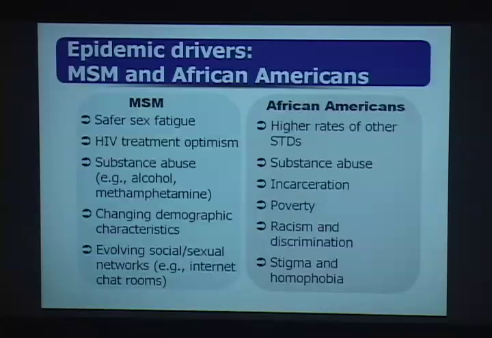These are demographic changes which are occurring, and we also have changes which are occurring as well in terms of the types of sexual patterns, partnerships which are occurring. And we also have evolving social and sexual networks as well among men who have sex with men, whether it is sexual networks which are driven by the internet, the reemergence of bathhouses across the United States, which really influence the types and patterns of sexual networks which are being formed, which can either facilitate or hinder the transmission of